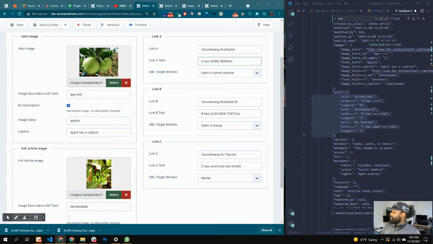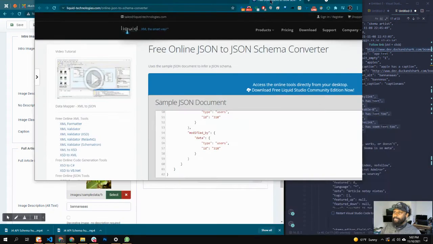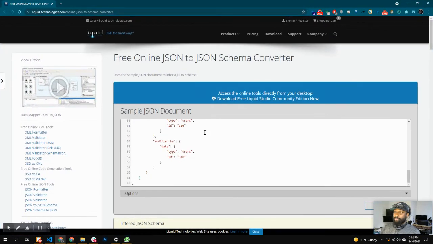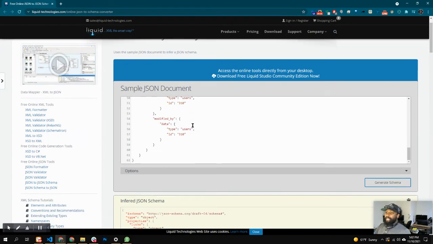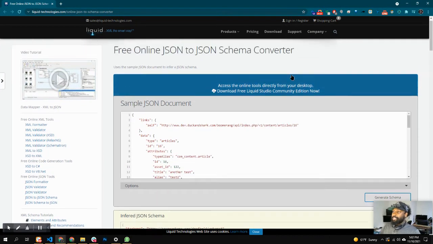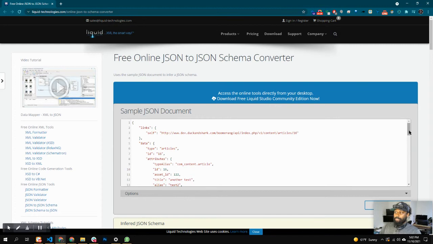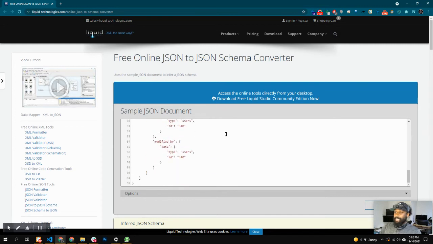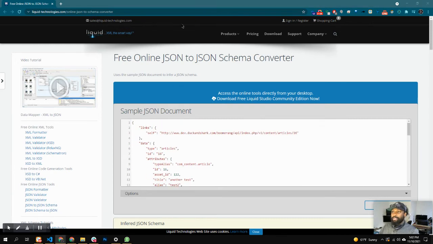One was this really cool tool. Actually, I didn't find it. Another YouTuber, I really wish I had his name right now, created a video that directed me to this tool, which is the free online JSON to schema converter. So I put in what we had, and matter of fact, I'm going to